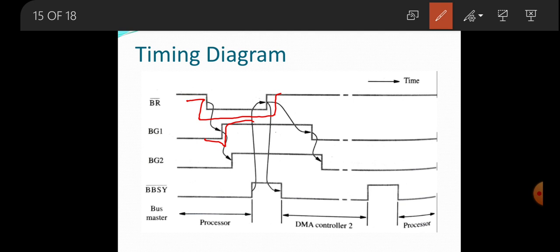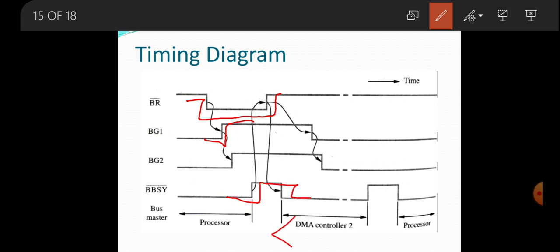On receiving this bus grant signal 2, DMA controller 2 acquires the control and it will wait for the bus busy signal to get deactivated. Then it will activate the signal and start the DMA transfer operation.